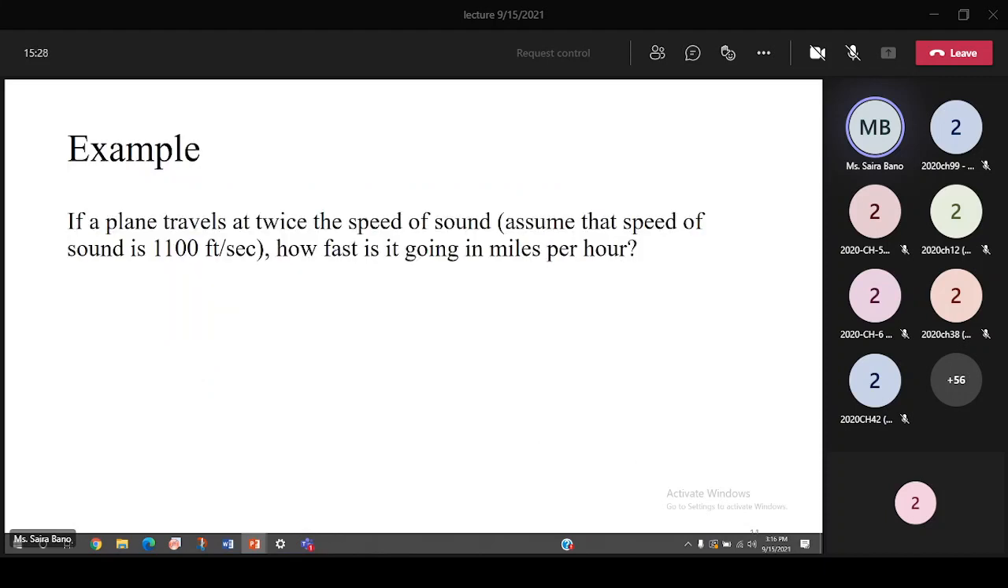There will be a small example. If a plane travels at twice the speed of sound, which is assumed to be 1100 feet per second, how fast is it going in miles per hour? You have to convert the speed of the plane to miles per hour. So please calculate it. I'll ask you, or if anybody